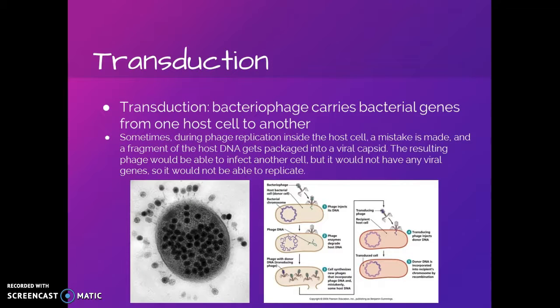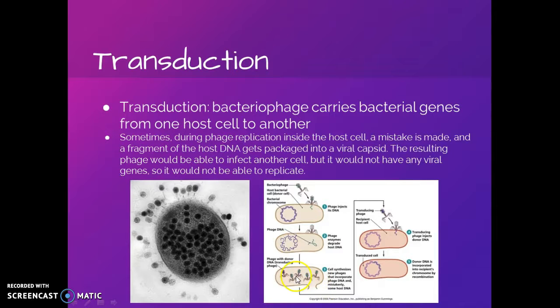A third type of recombination is transduction. Transduction involves delivery of DNA from a host cell to another using a virus. So the bacteriophage is a virus that infects bacteria. Normally it's going to come along, inject its instructions, and ask the host cell to package up new viruses. Under normal circumstances, the virus is trying to package up new viruses. It wants only viruses to be made so that a whole bunch of viruses can be released and attack new